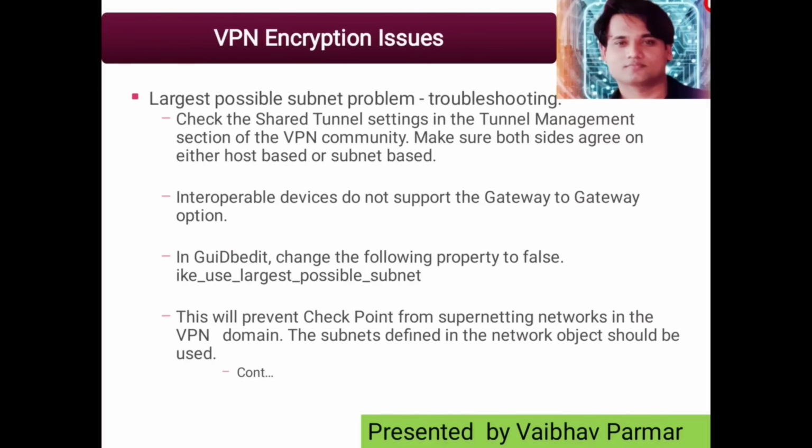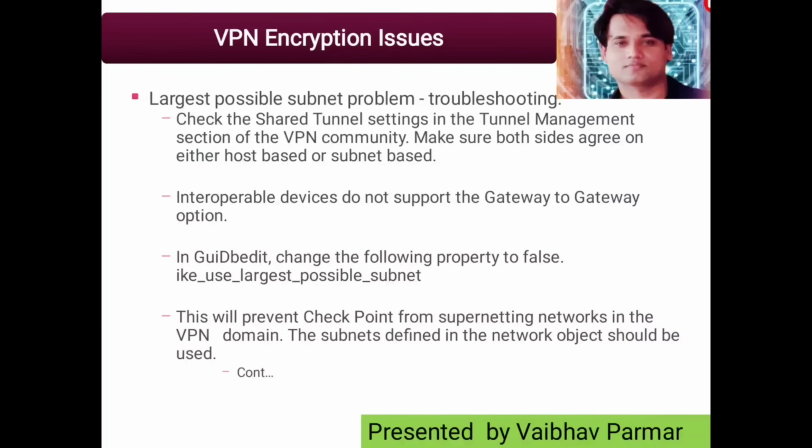It is possible that a packet sourced from 10.1.x.x will use 255.0.0.0 for the subnet in phase 2 instead of 255.255.255.0. In some cases, particularly when network overlaps exist in a VPN domain, it is required to modify the user.def file. You have to check sk19243 and sk30919 on the Check Point website to get rid of this issue.